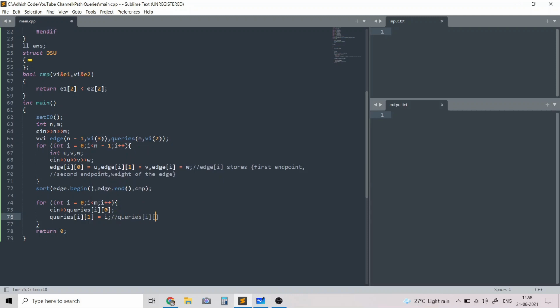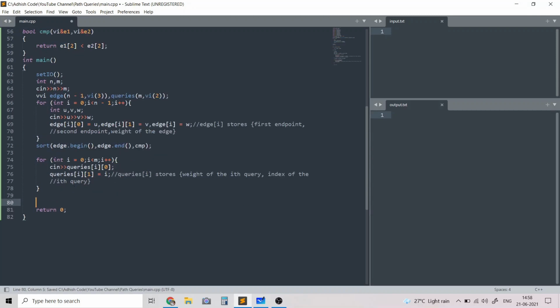So just to recap, queries of I stores the weight of the ith query, and the index of the ith query. The index is there to be able to answer the queries in the correct order at the end.